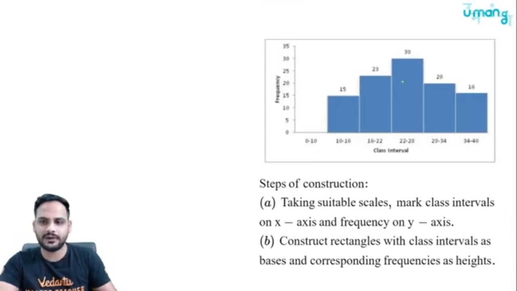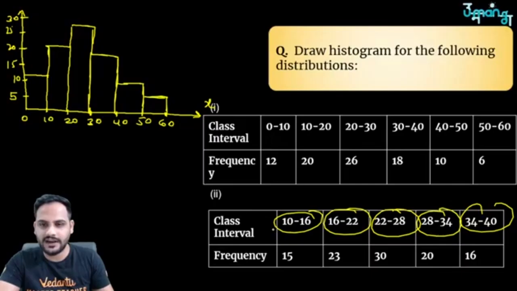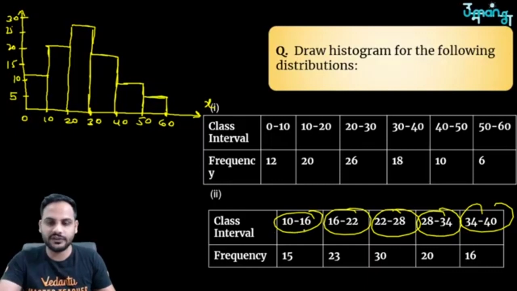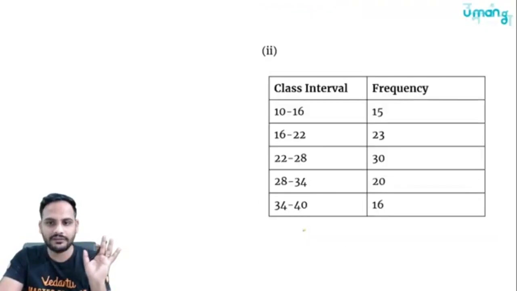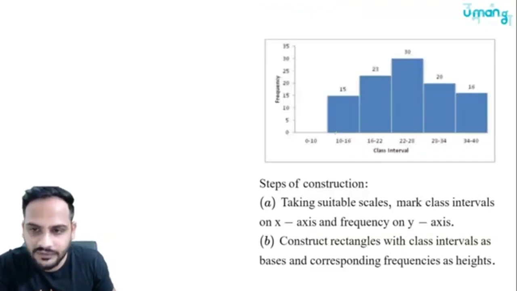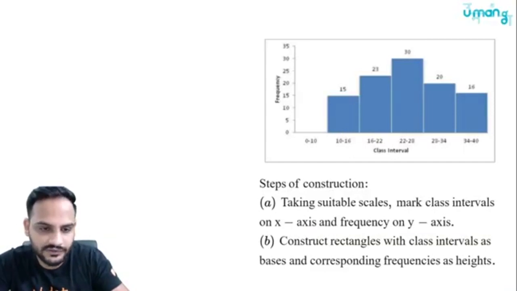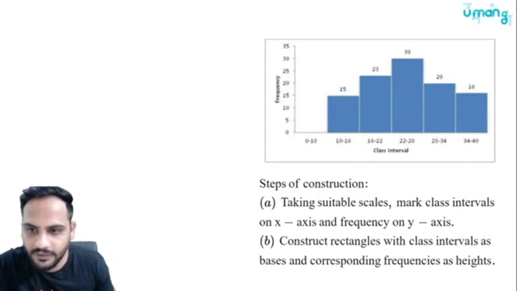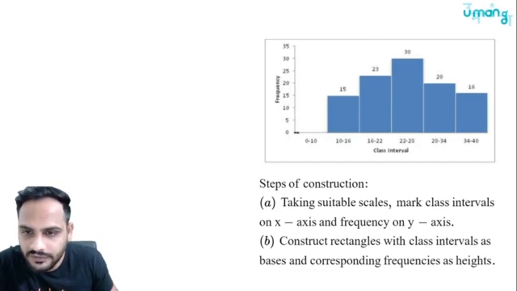So this part will be plotted something like this. Now you can clearly see this data is starting from 10 to 16. So 0 to 10 is not given anything. So I am starting the histogram from 10 to 16 and taking a gap of 6: 10 to 16, 16 to 22, 22 to 28 and so on. So here we will draw